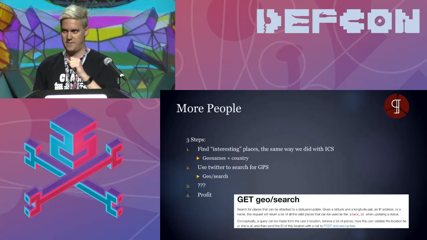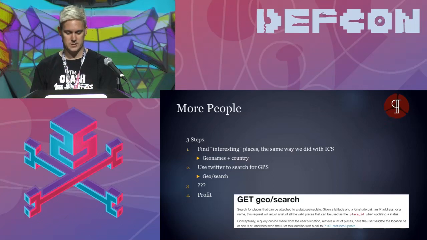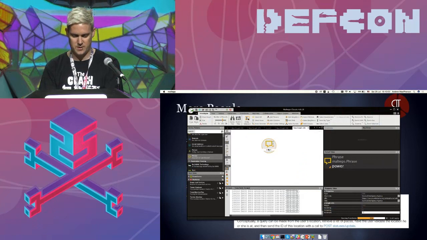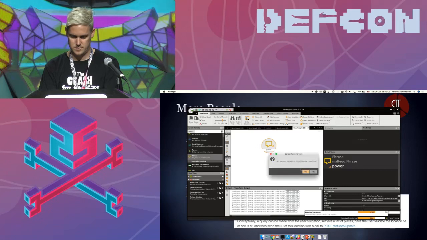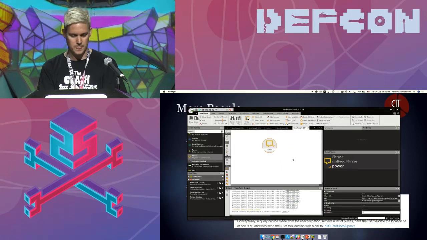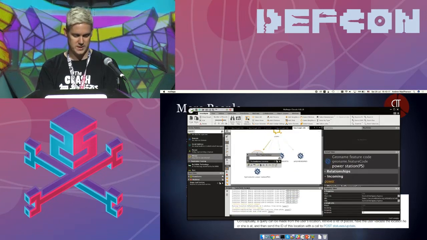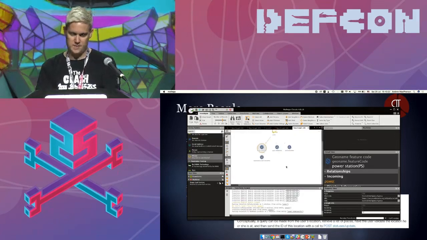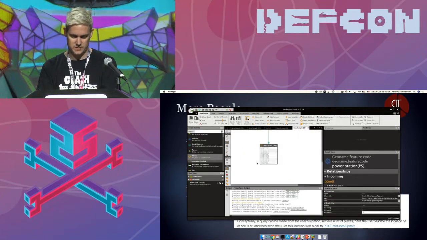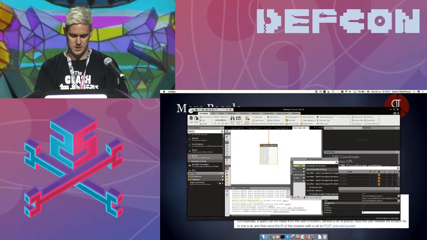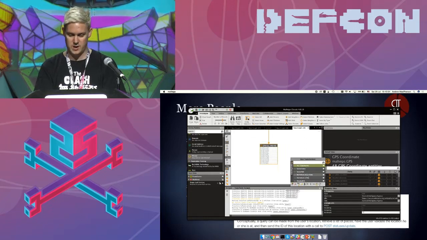I can say, okay, I find interesting locations, like I find all power plants. Actually, let's do it quickly. So I start with the phrase power. I find all the feature codes. What matches power? I say all power stations. I'll pick, okay, I'm just going to pick Poland again. I find GPS coordinates for every power station that they know about in Poland, and then I can say from here, take it to people who have tweeted around these, right?